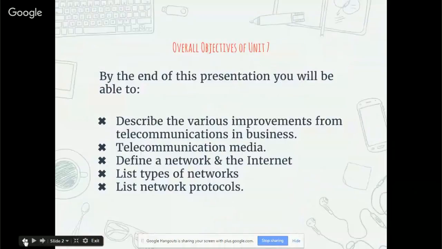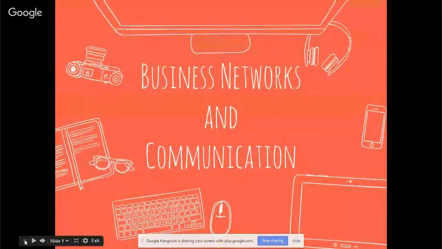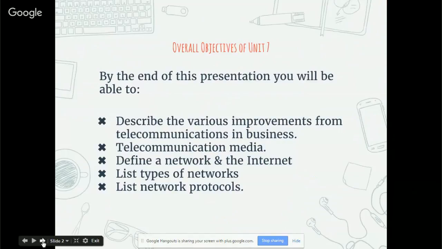Okay, so this slide is about business networks and communication. Your business requires a bit. I need to start present to everyone. Sorry about that. I have to present so that everybody can see, even the fictitious persons. Since we're all in the class now, this is for you, Floyd, so that you would have been able to